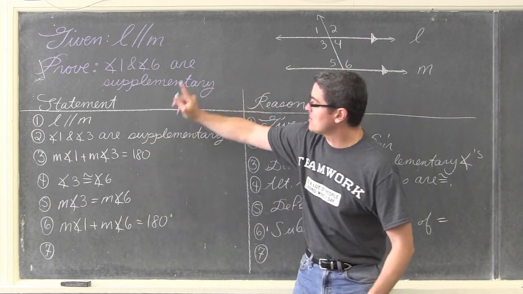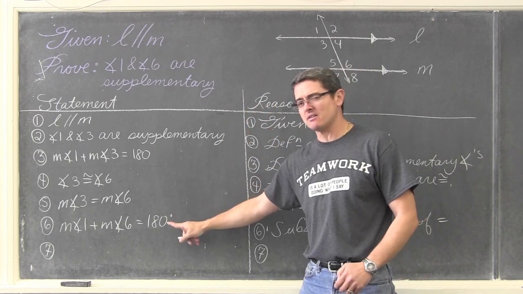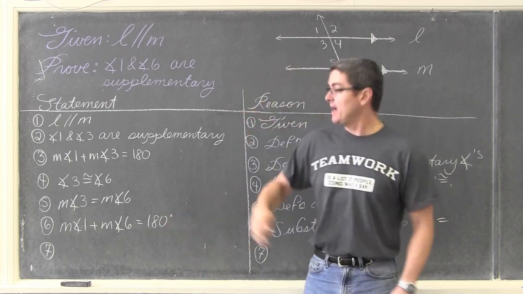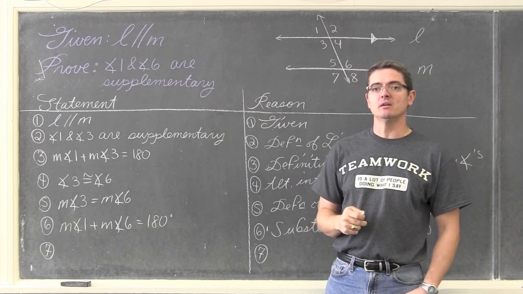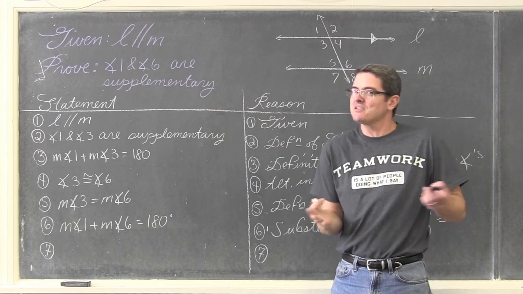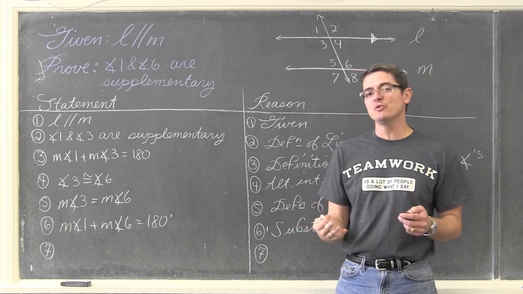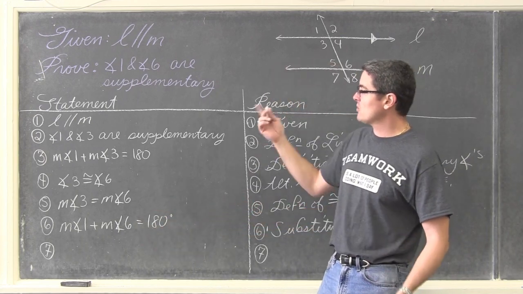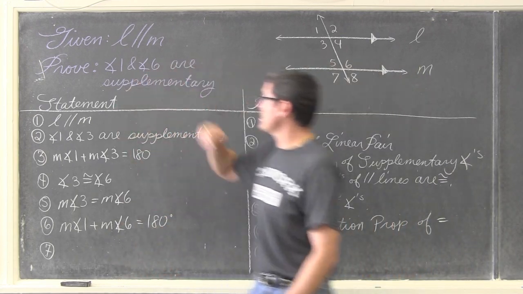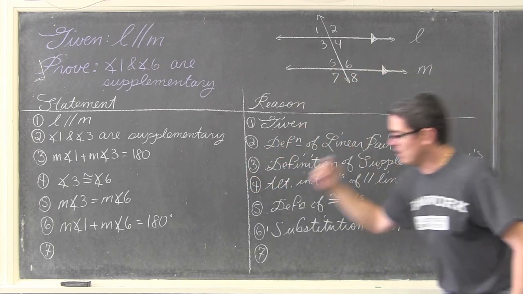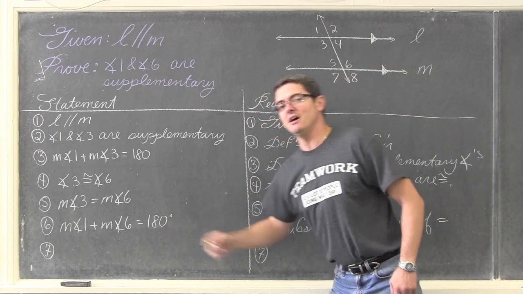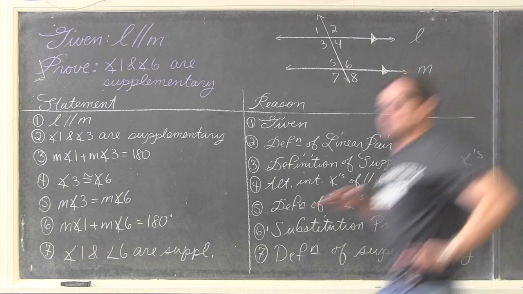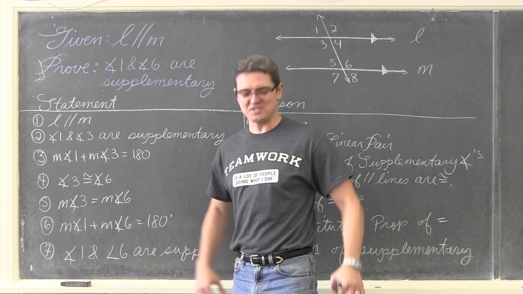Well, this is not what I'm trying to prove. This doesn't say exactly the same thing. This says the measure of angle 1 plus the measure of angle 6 is equal to 180, and I'm trying to prove that they're supplementary. But isn't that kind of the same thing? It's not formally in the proof yet in my sequence of logic, but it is what's coming up next. We're just going to say that angles 1 and 6 are supplementary because, well, that is the definition of supplementary. Woo! Bang! There we go. Proof is done.